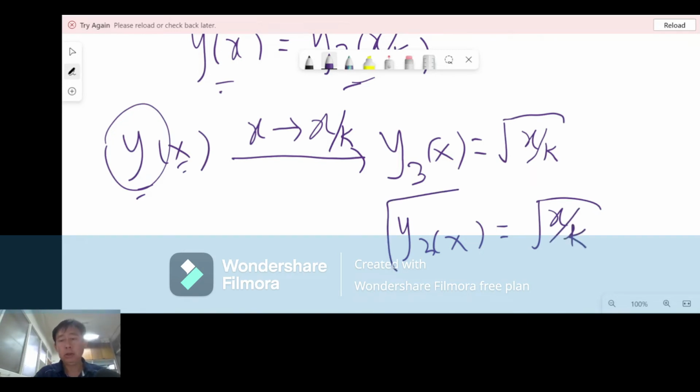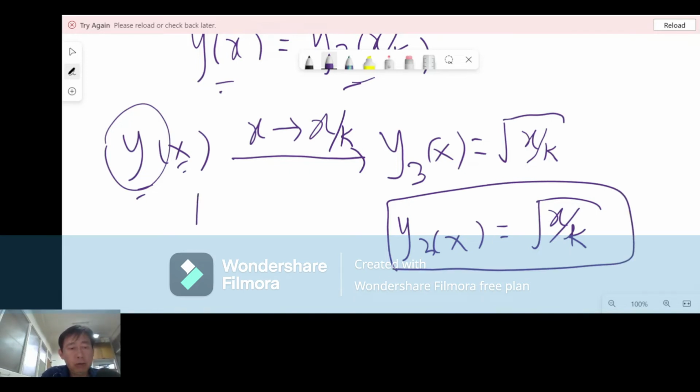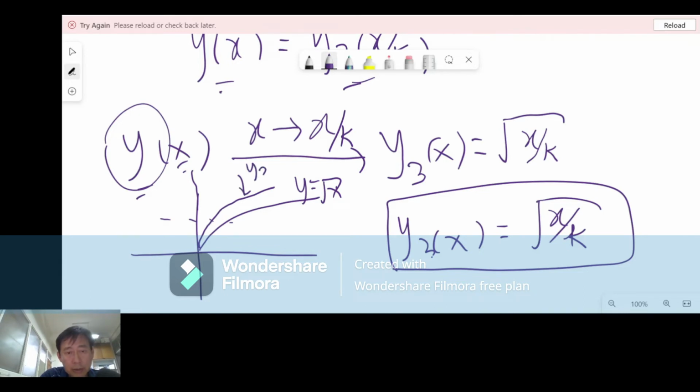So this should be then the formula for a function that is obtained by compressing the original function horizontally. So if this is my original function, y3 should be a horizontally compressed function that would be like this, and this is y3. So y3 is expected to be lying on the left hand side of y,